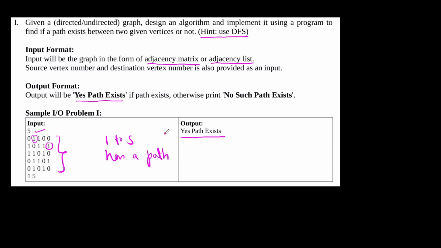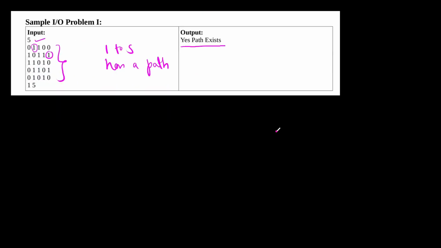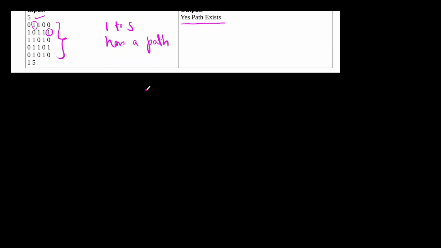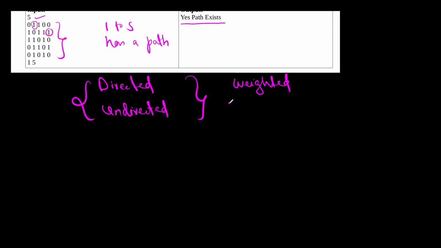Now let me tell you a few more things before approaching this problem. So what you have to do, you have to just see whether the graph is directed or undirected. So these are two things, right? Other than this, you have to check whether the graph is weighted or unweighted, right? So once you are done with these things, to find out whether there is a path between two vertices or